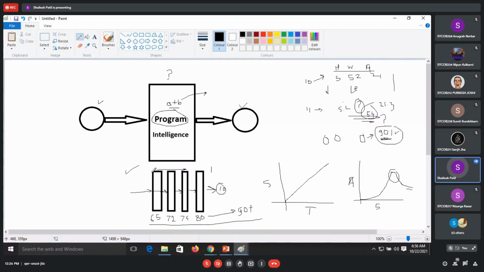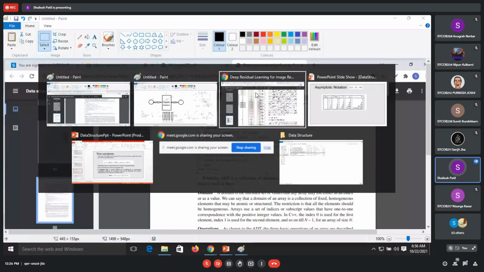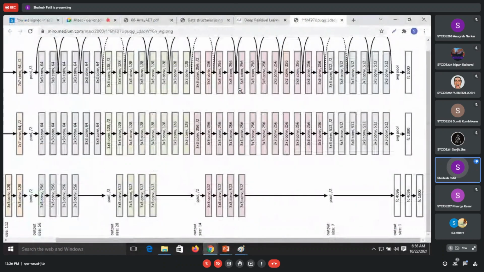So the researchers initially created a deep learning network with 110 layers, okay. Then they created a deep learning network with 100 layers, then they went on increasing to 10,000 layers, okay. Theoretically, we must say that once the layers are increasing, the accuracy should be increasing. But the researchers found that it's not working like that, the accuracy is going to decrease, okay. So for that purpose, what have these researchers done,